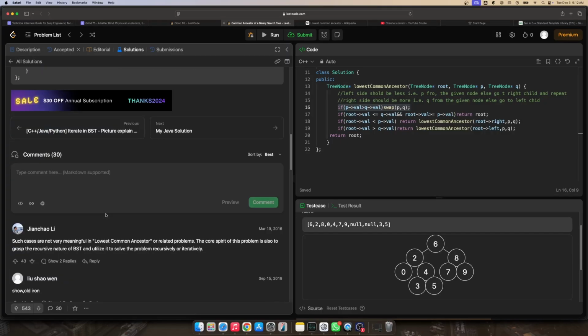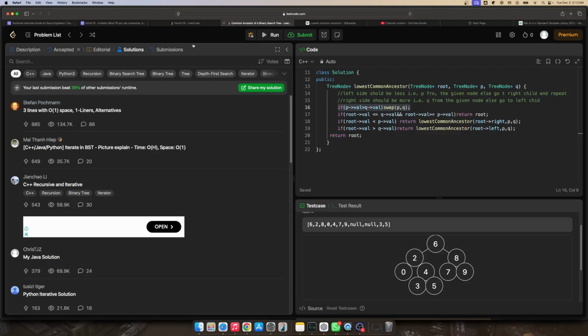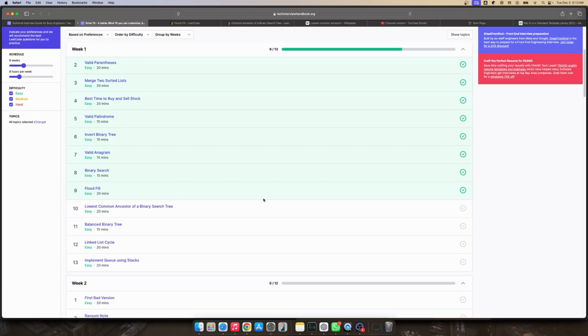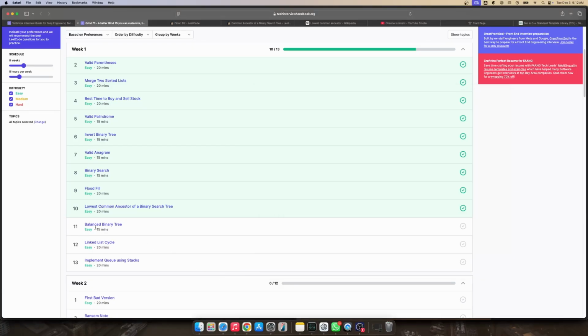Iterative I also like. Nice one. Let's mark it as complete then. And we are left with how many questions? This is already 43 minutes. Can't believe it. Too much time. Oh my god. Next question is balanced binary tree. Let's